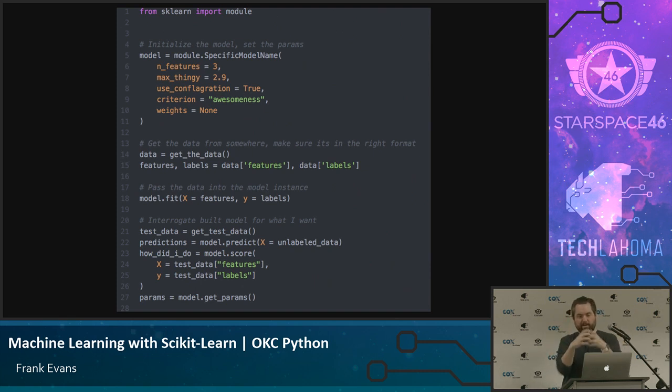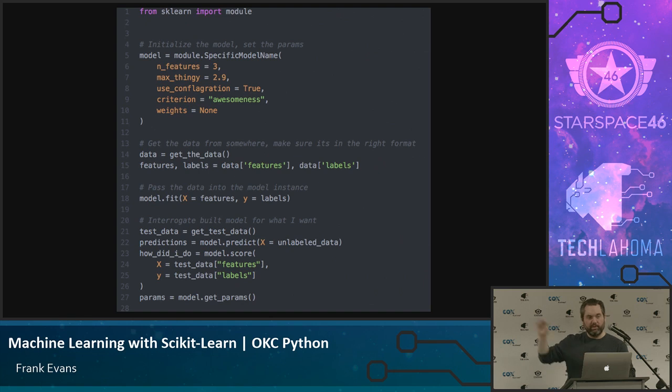You're going to instantiate this instance of an object with all the configurations in place. Then you're going to call a method that says, let me have the data, please, effectively. And it's going to do its thing. And now the state of that object is trained on your data. And then behind that, there's all kinds of methods and properties that you can interrogate that object for. And it will give you things back, whatever is contextually appropriate. And it'll give you back a whole bunch of different types of results, and you can use them as you want to.